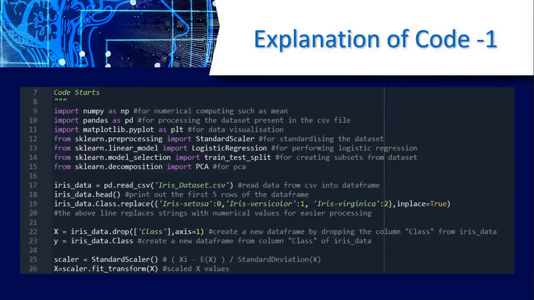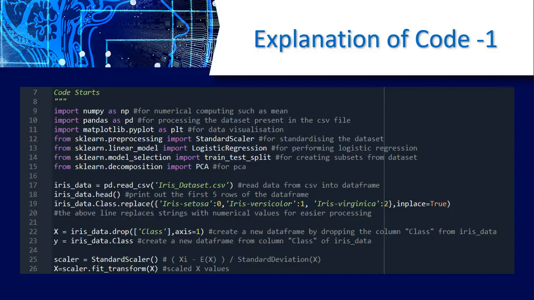So the coding starts from here. I have imported the libraries NumPy, Pandas, Matplotlib, and scikit-learn. For standardizing, we use the StandardScaler, and for logistic regression, we use the train and test split, and we also import the PCA.